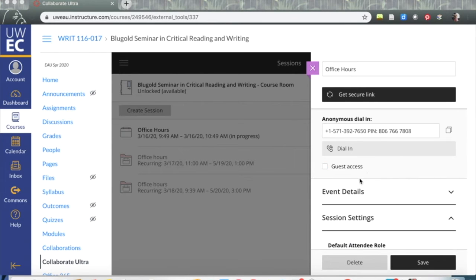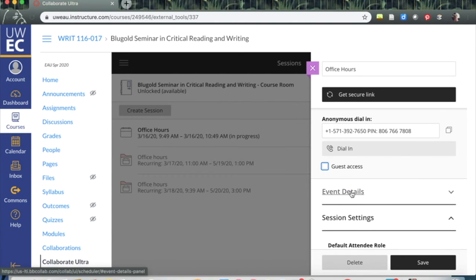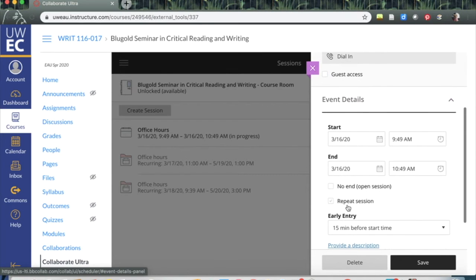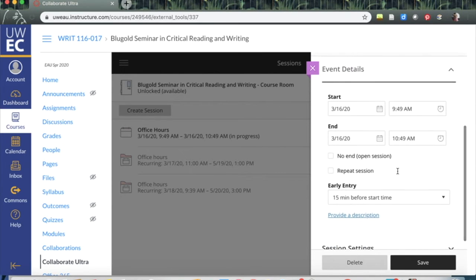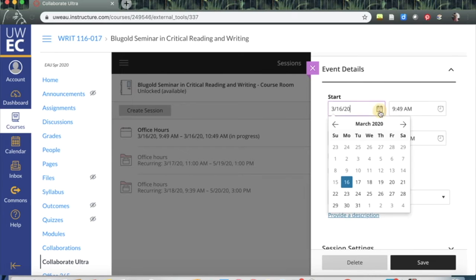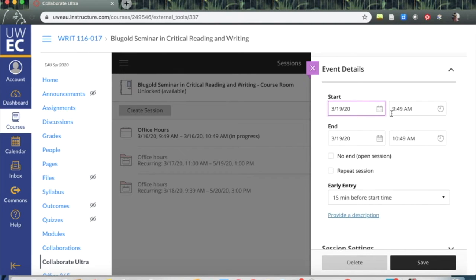Okay, so once you feel comfortable with who gets access, now let's get to when they get access. If you click on event details, you're going to get a nice breakdown of all of the different choices you have in terms of editing. Because I'm doing office hours, I'm going to want to set this up on a weekly basis. So the first thing I'm going to do is choose the day of the week that I want them to start. These office hours are going to be Thursdays from 11 to noon. So I'm going to start by clicking my Thursday time,